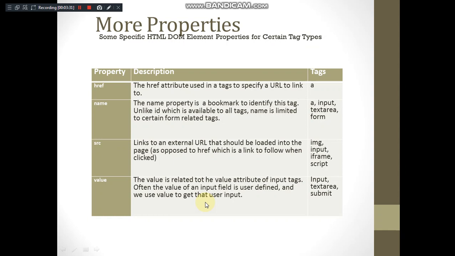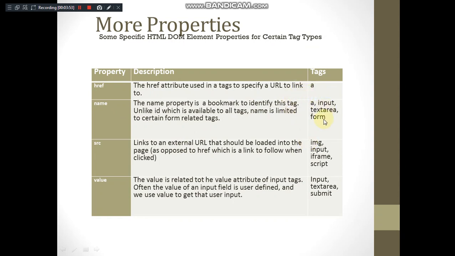These are the properties which can be edited, set or removed: properties like href, name, source, value can all be directly modified. You know that href is used with the anchor tag, where you specify the URL of a link. Name is used with many elements like the anchor tag, input tag, form tag.